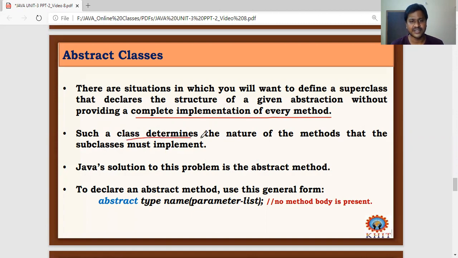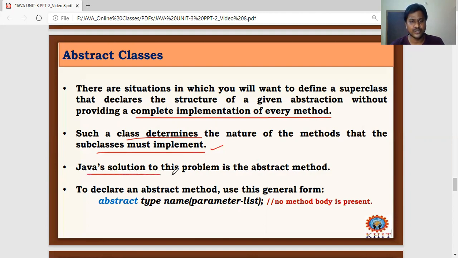Such a class determines the nature of the methods that the subclasses must implement. The superclass defines some methods and only gives the general form of the methods, just like the previous concept, superclass Figure with a method called area. But when we define an abstract class, the subclasses must implement those methods determined by the superclass, not all the methods, only the abstract methods.